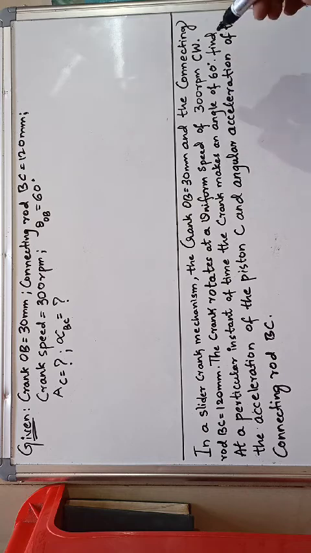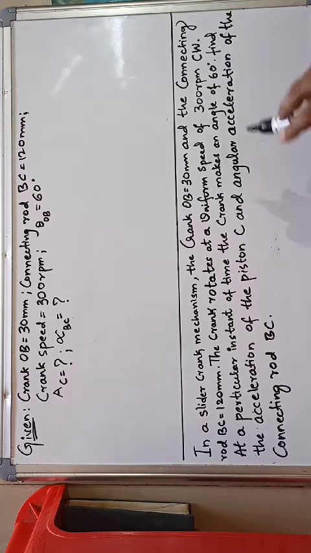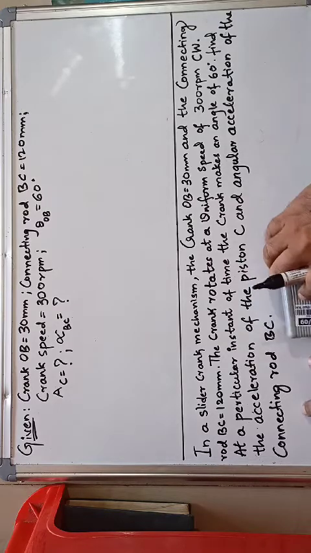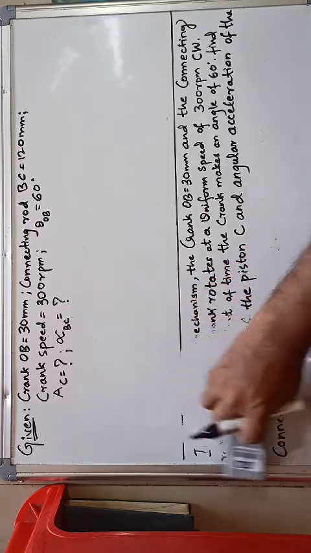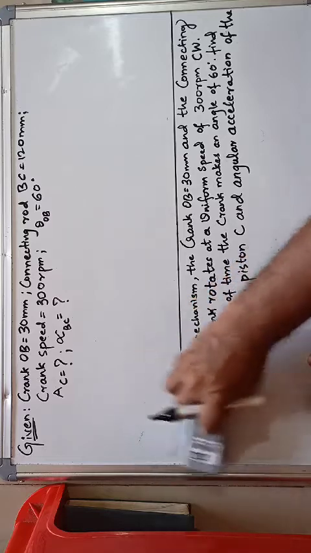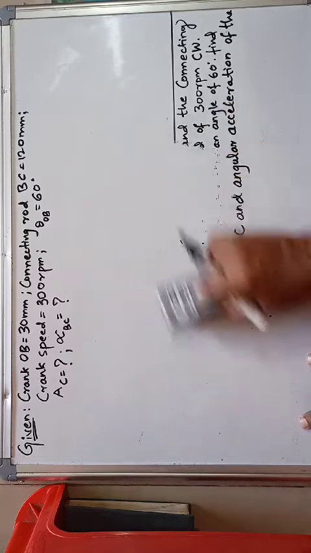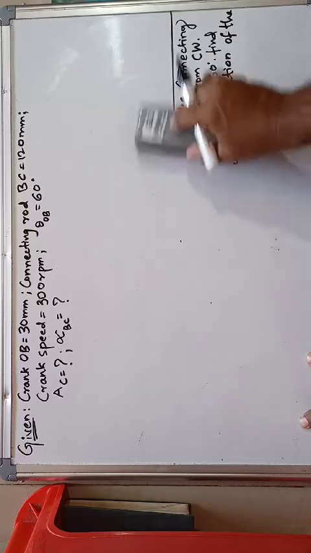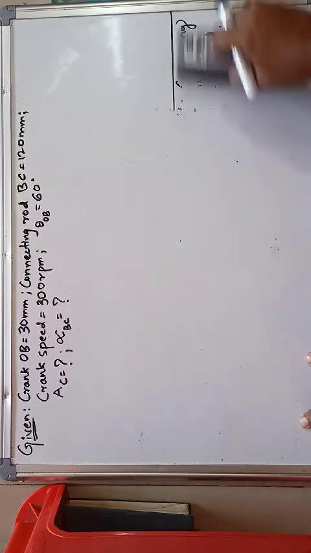So, with the given data, I am going to find the acceleration of the piston and the angular acceleration of the connecting rod BC. How to solve this problem? So, let us see. Since I have already done the velocity analysis for this problem,